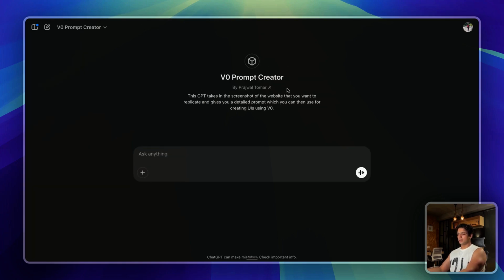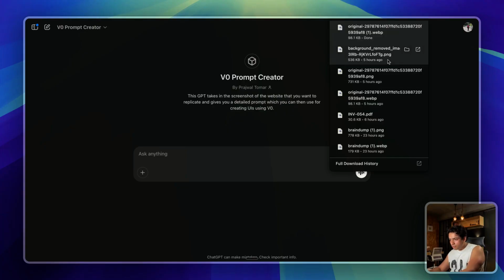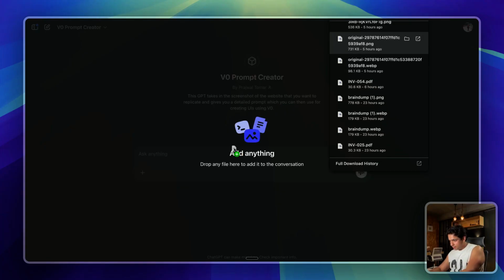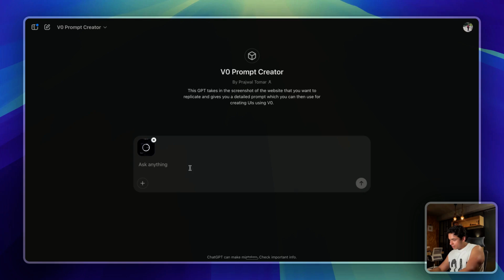this is a custom GPT that I created three months back. I don't know if there is something better which can help you generate a prompt from a landing page, but this is what works for me. And after some refining of the prompt on the backend, I am also going to make the access public so that you guys can also access it. So what you can do here is just take that particular landing page and drop it here. So this is the one.